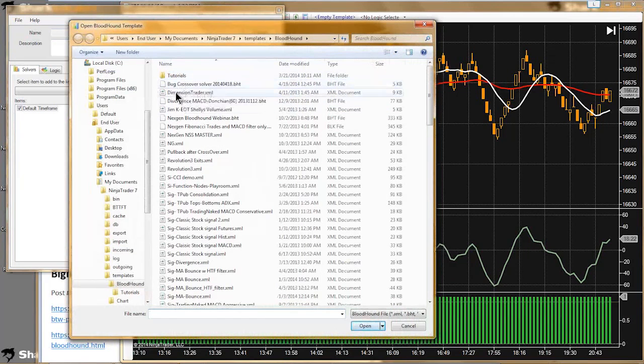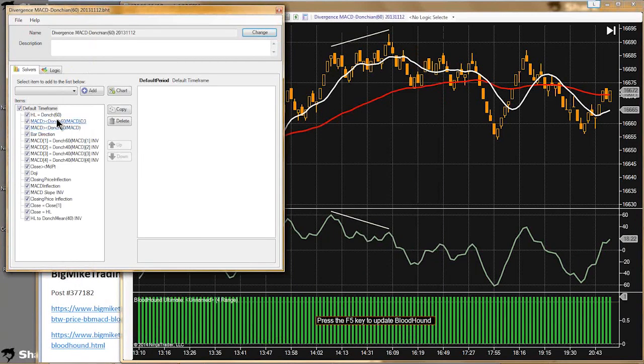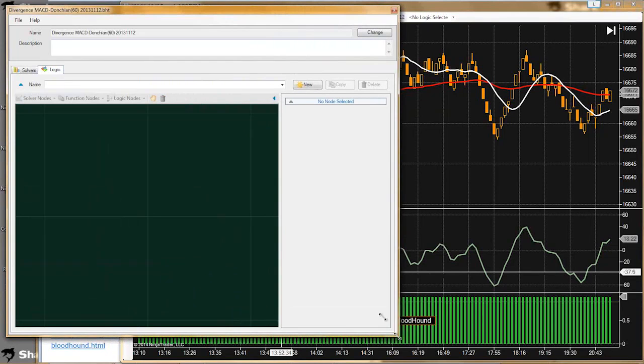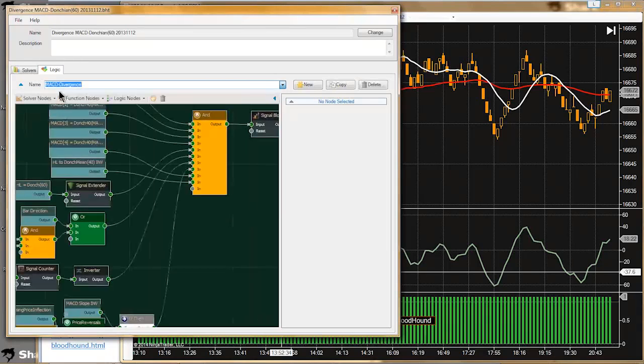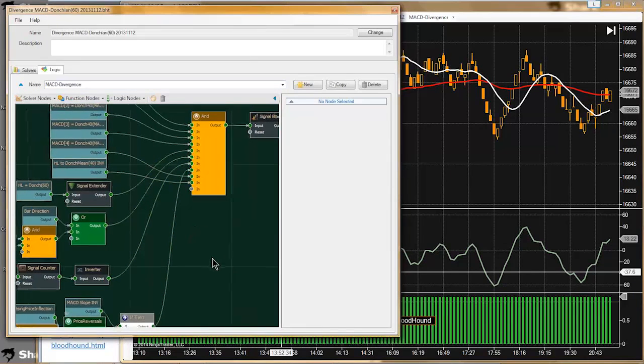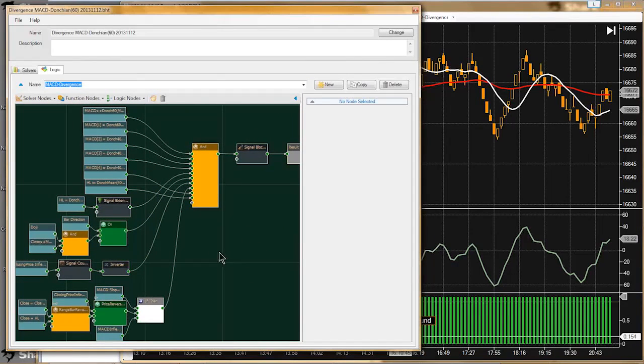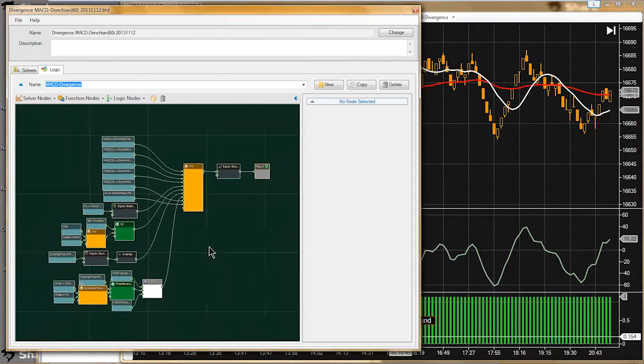So what I did is went up to File and clicked the Open button, and let's see, there we go. There's the, I believe that's the system. And alright, yep, it kind of looks like it. So let me switch over to the Logic tab. And okay, so we have a MACD divergence here already built, and I will just have to find the solver that's looking at the MACD, and we'll have to switch it over to the